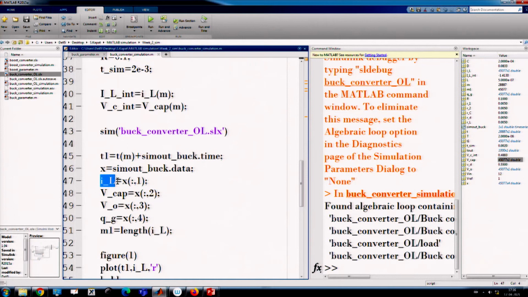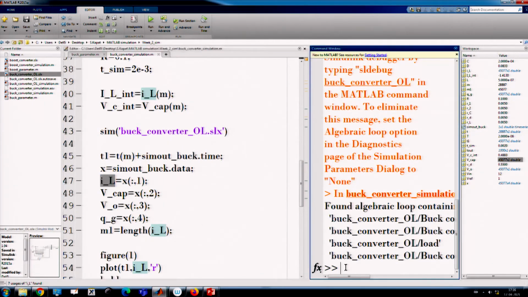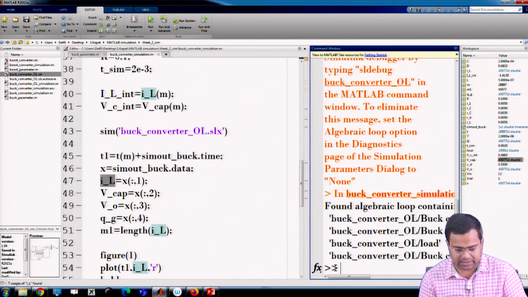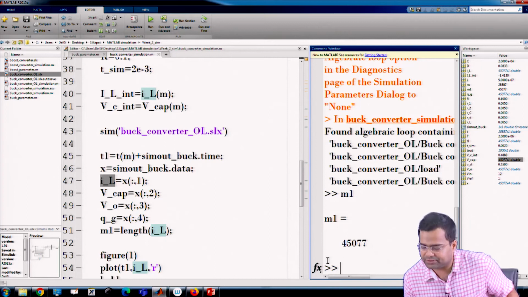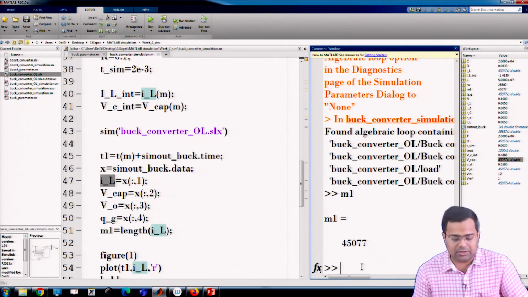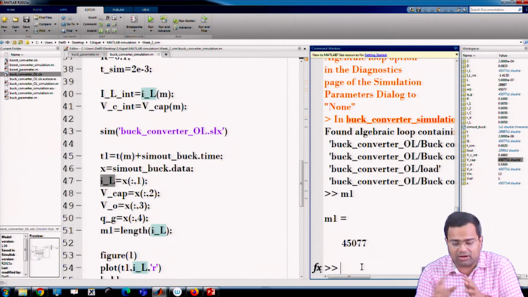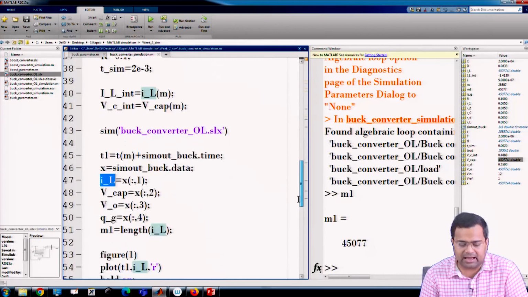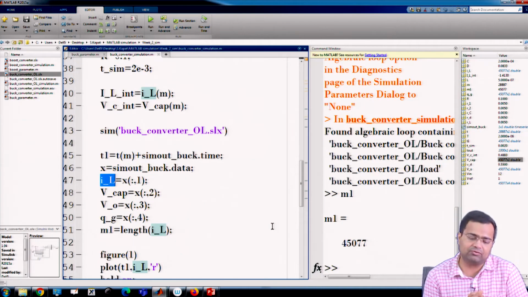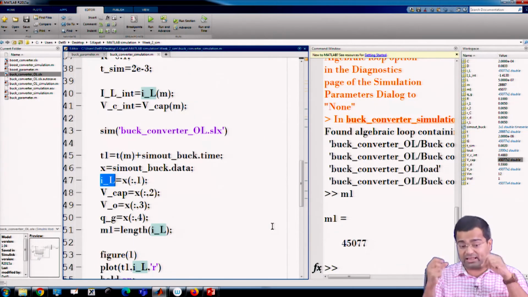Inductor current, if we want to concatenate, so what is the T1 length? T1, like M1, 45,000, this is my T1. I want to plot all these together.